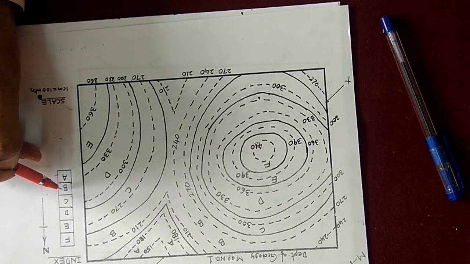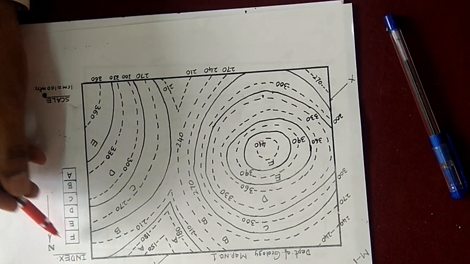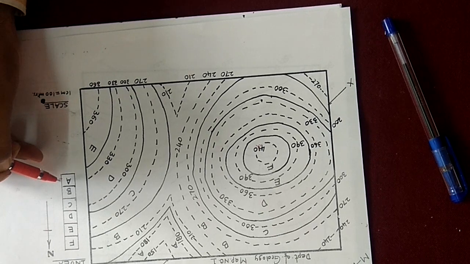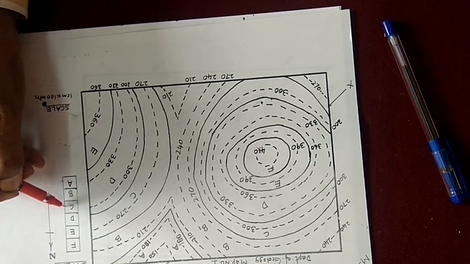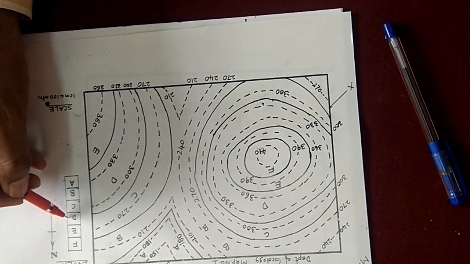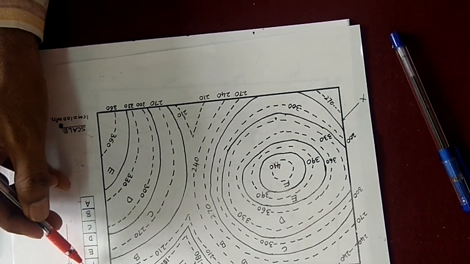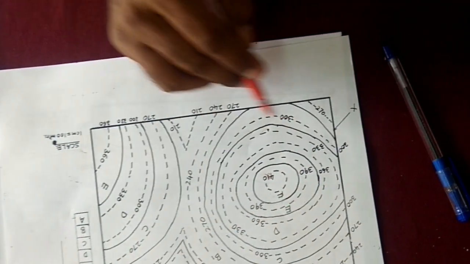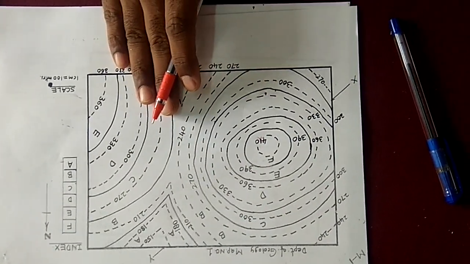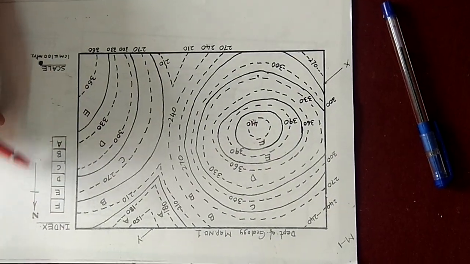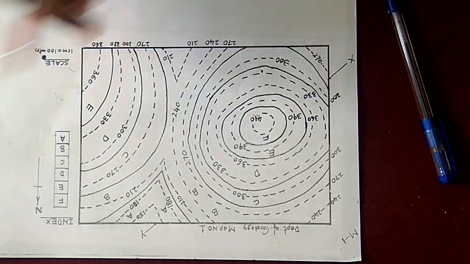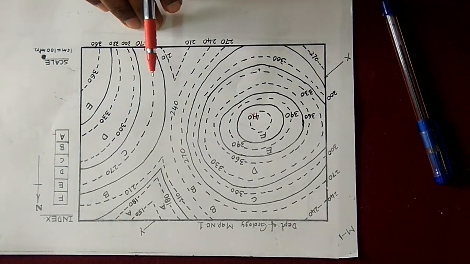And if you see A, B, C, D, E, F, A means oldest, and this is younger than B, this is younger than C, this is younger than D, hence F is the youngest bed. Okay, it is the brief about the first map, and somewhere you do get the direction also. Okay, you have to monitor. It is the first map. A few maps I will show you, friends.